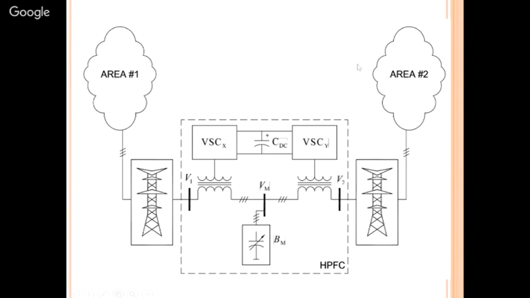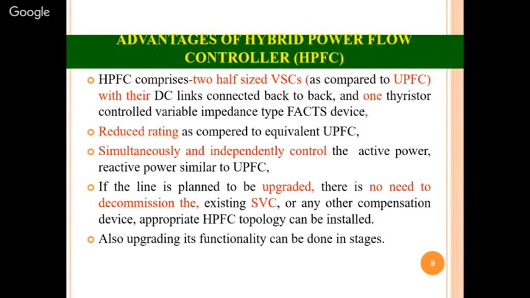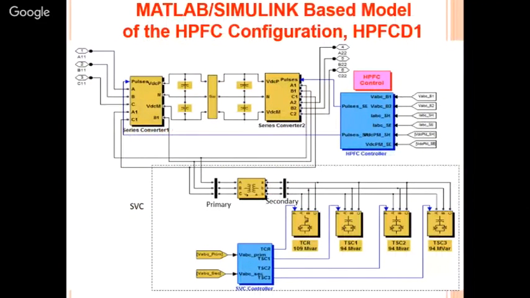In this topology itself, there is a lot of scope for this variable impedance device. Either you can connect an SVC, a STATCOM, or some other device. By doing all these different combinations, you can check the stability of your system. For example, this is the MATLAB Simulink based model of the HPFC configuration in case you are using an SVC controller